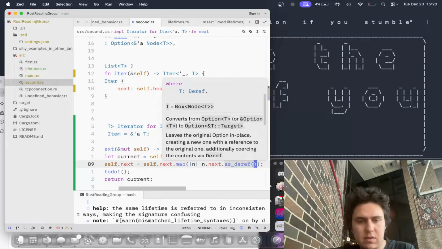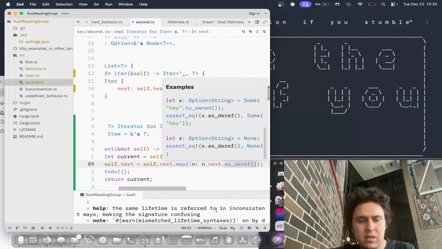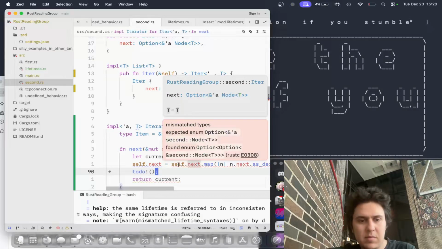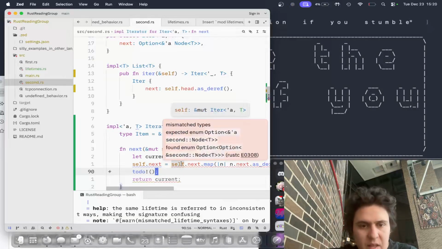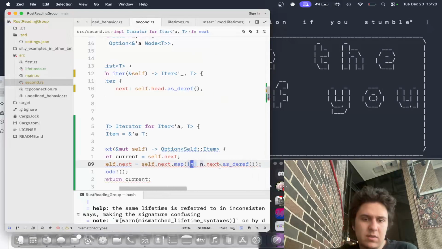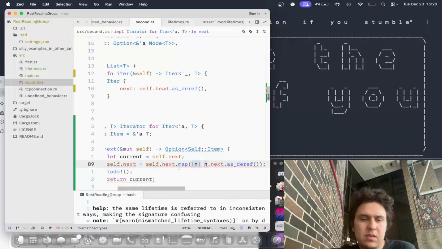This is now an option. Let's see. Okay, no. Mismatched types of some sort. Expected an Option of a reference of a Node. Found an Option of a reference to a Node. So somehow I ended up with two options. Which I think makes sense because